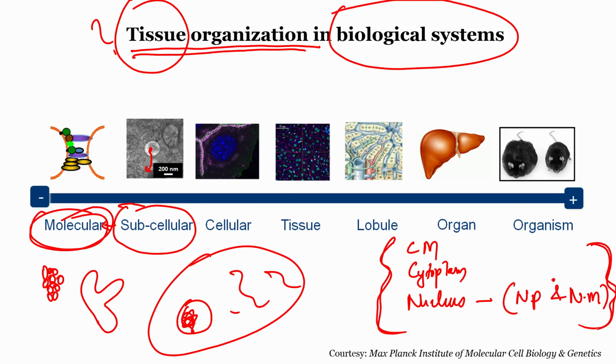Cells then come together to form tissues. Tissues along with vasculature or lobules come together to form organs. Organs come together to form organ systems, and organ systems come together to form independent self-aware organisms. That is how the whole of life comes into existence. So, this is a brief introduction to overall tissue organization. I hope all of you are clear. If you have doubts, you can always post questions in the forum.